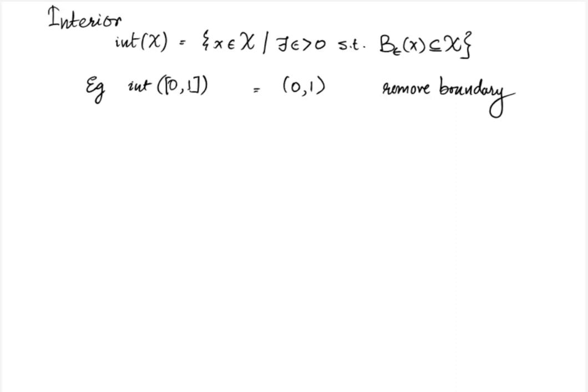Indeed, if you are at any point x less than 1, then you can move a bit to x plus epsilon. To ensure that x plus epsilon is still less than 1, you only need to pick epsilon small enough, that is epsilon must be less than 1 minus x. But since we started with the assumption that x is less than 1, therefore 1 minus x is strictly greater than 0, making it a valid choice of epsilon.